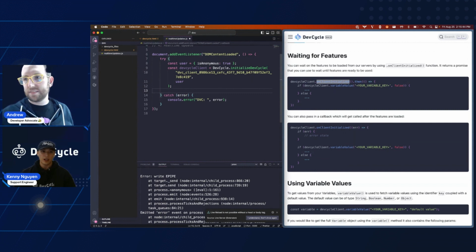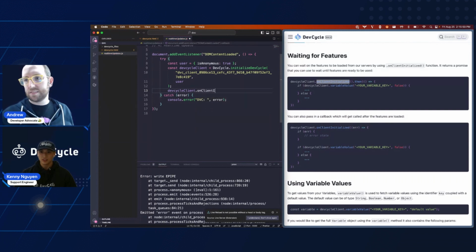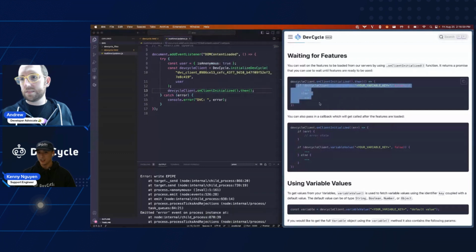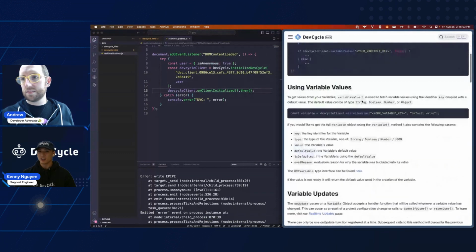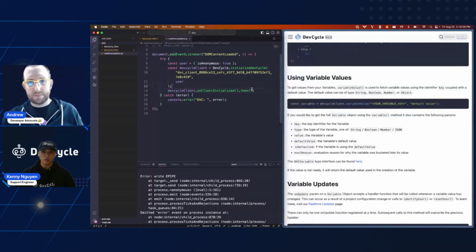So down here, we have our DevCycle client. We are going to wait for it to load, and then after it finishes loading, we can do everything else here. But I actually don't want to do what's in here. I actually want to go down and grab the variable value itself. So what I'm going to do is within this initialization code,